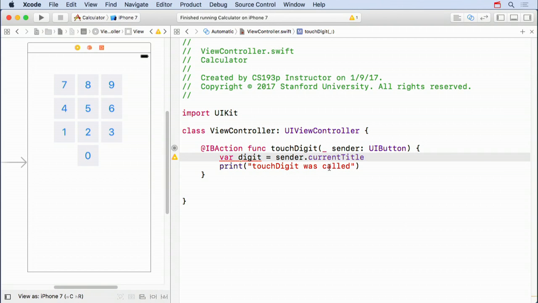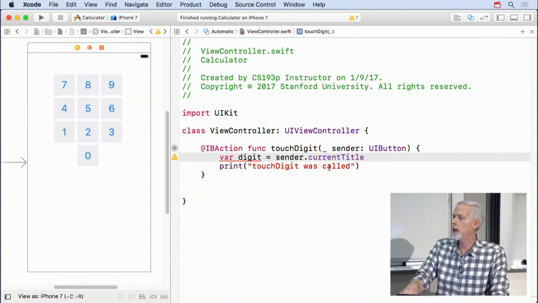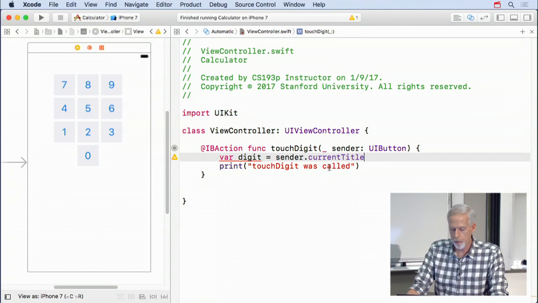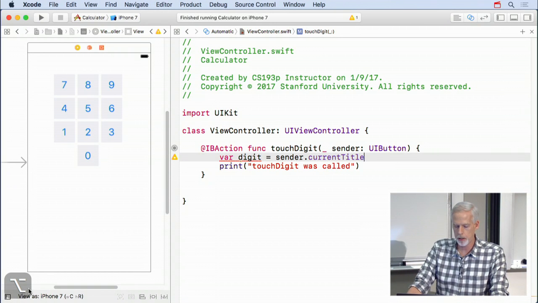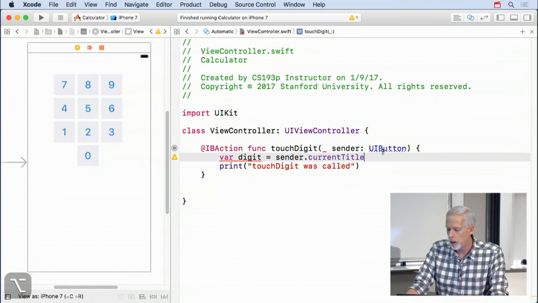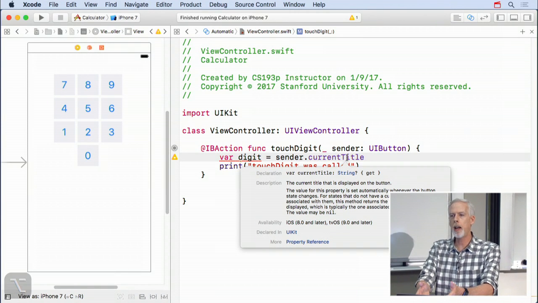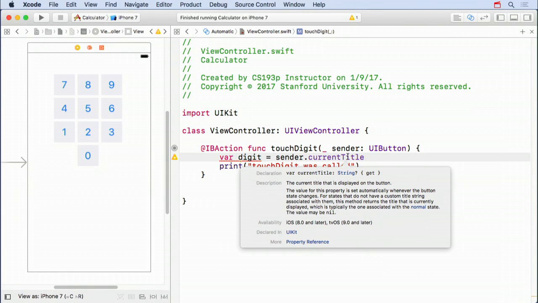Now let's find out more about current title. Okay, we know that one-liner that it's the current title displayed. I'm going to hold down Option. See Option down here on the left? Okay, I'm going to hold down Option, and look, when I do Option, things that I mouse over turn blue with a little dashed underline, and if I click, I get a little help. Okay, so I'm getting that current title displayed on the button, but I'm also getting a more detailed description, and